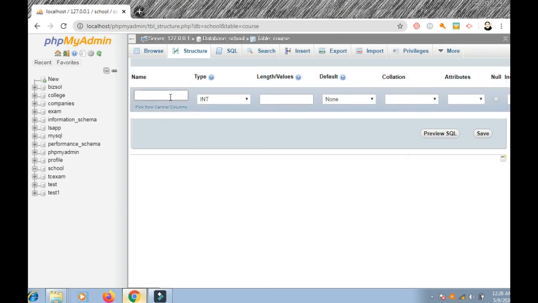Now the column name is student ID. In the course table, we have student ID. This is integer and we should save it.